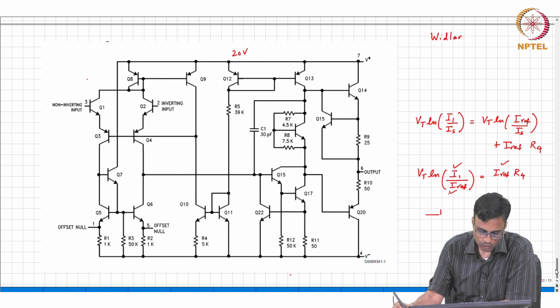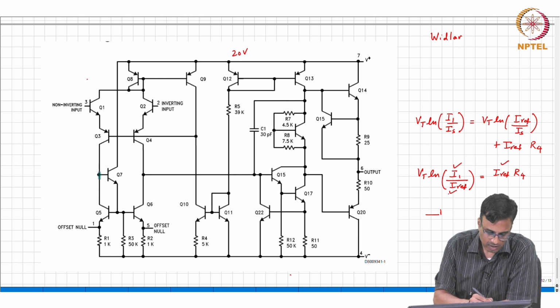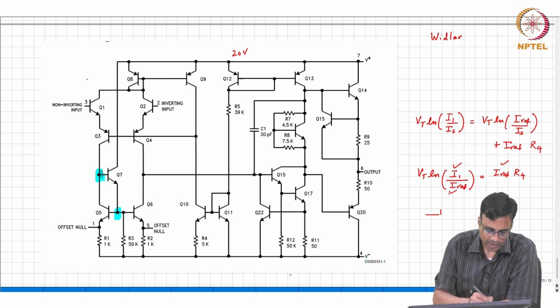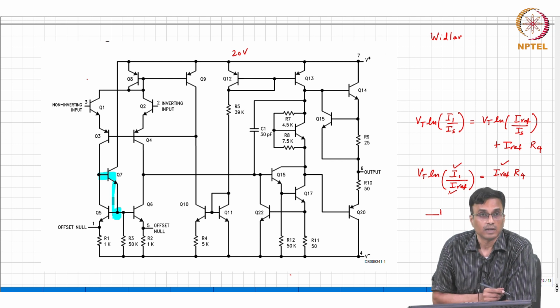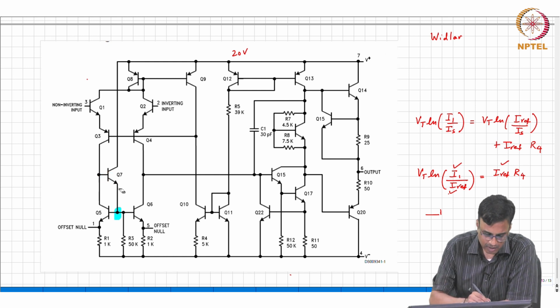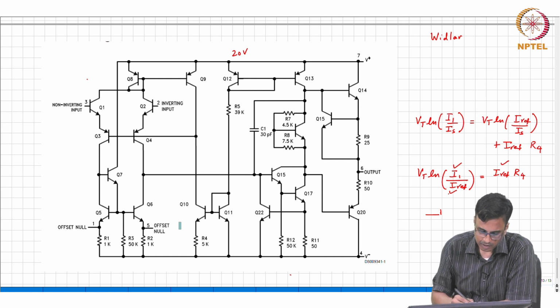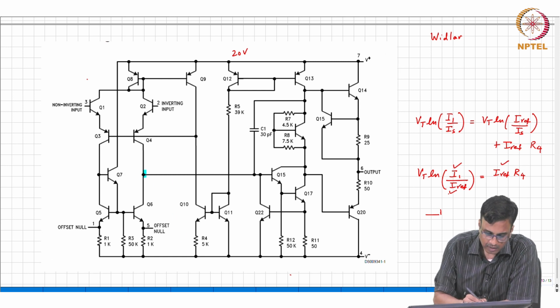In other words, the collector potential must be the same as the base potential. In principle, we could have shorted the collector and the base of Q5, but soon it will become apparent why Q7 is there. So, the collector of Q6 goes to